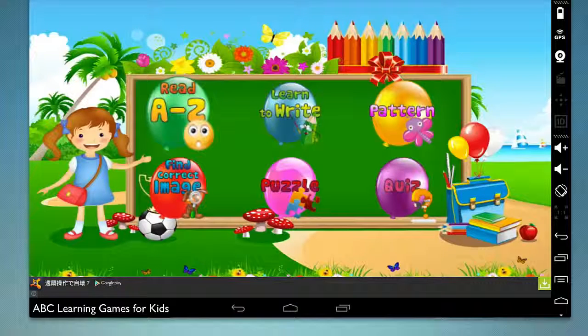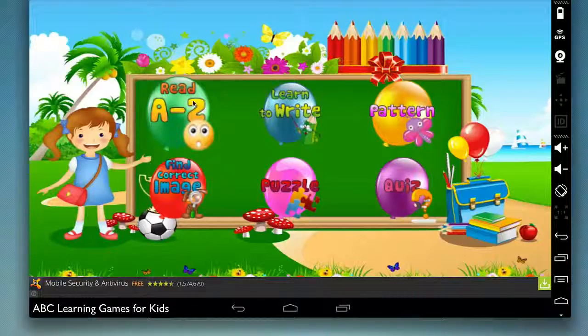Hello, today we're taking a look at ABC Learning Games for Kids. This is a great application in the Google Play Store that is a great way to teach your kids about the alphabet, whether they're in preschool or kindergarten. They can learn through multiple games and features implemented into the app here. So they can read A through Z, they can go through the ABC phonics, the animal sounds, learn to write, fill colors, and many, many more things that we're going to go through here in these little 6 buttons on